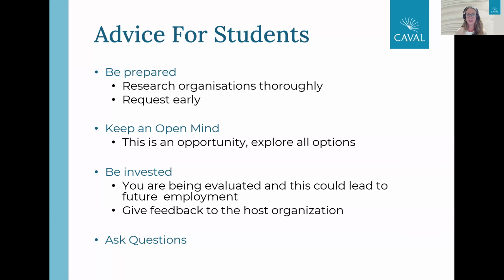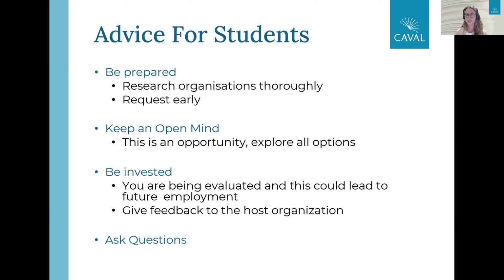You'll get a great reference from the organization. Make sure you give feedback to them about how it went, what went well, and what didn't go well, so that that organization can make improvements to their programs, and take the opportunity to ask as many questions as you can while you have that professional with you and around you. What I find is our staff want to share their knowledge. So speak to them, ask them questions. I think it's something that they really, really value.